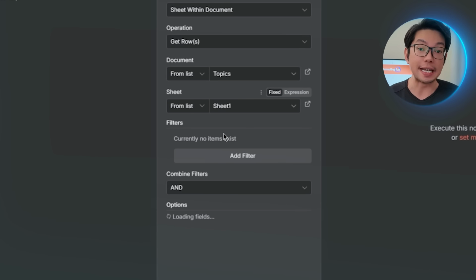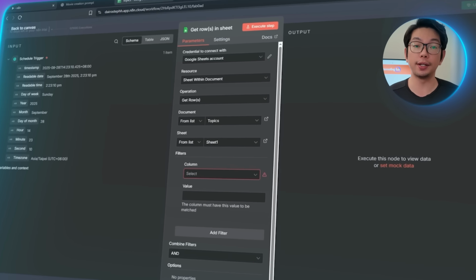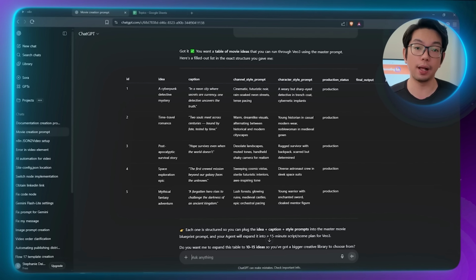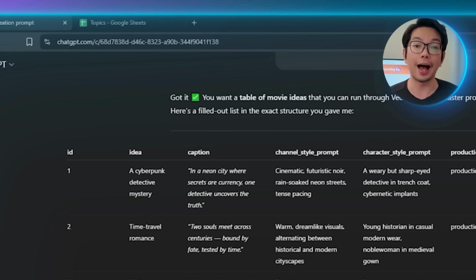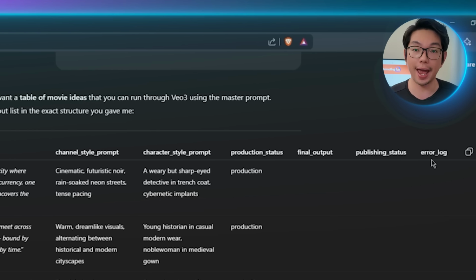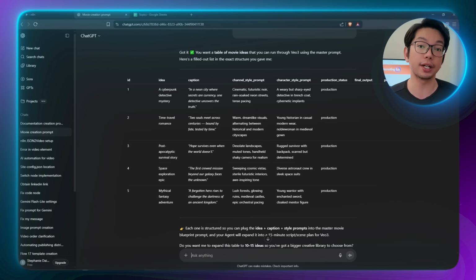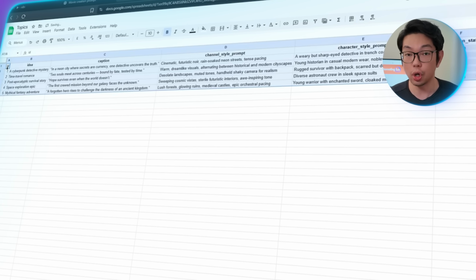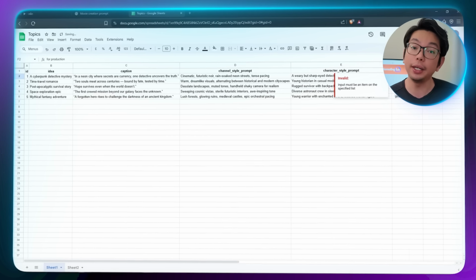To make sure the data is clean, we'll prepare it first. So inside of ChatGPT, I'll generate a table with columns for ID, idea, caption, channel style prompt, character style prompt, production status, final output, publishing status, and error log. Every entry gets marked for production under production status, while final output, publishing status, and error log stay blank. So once that's ready, I'm going to copy it straight into the Google Sheet, and then back here in n8n,